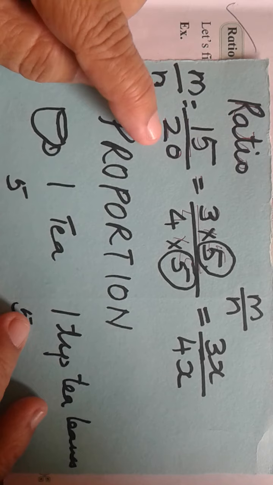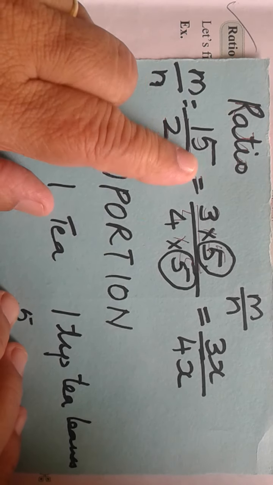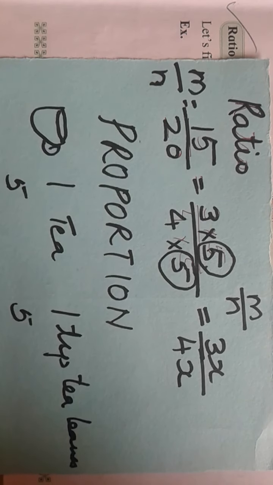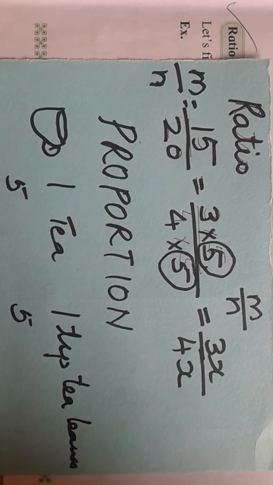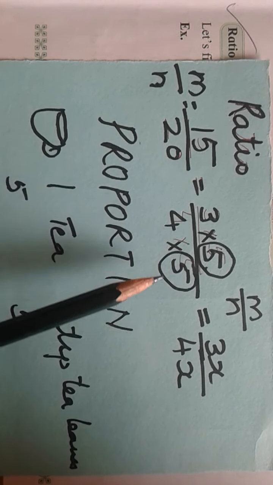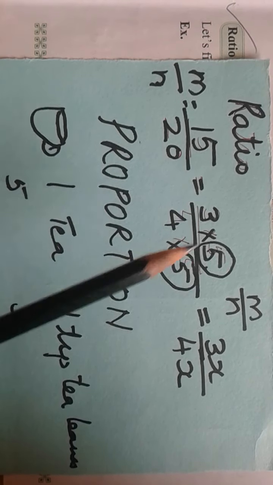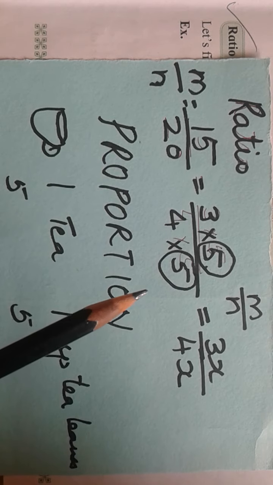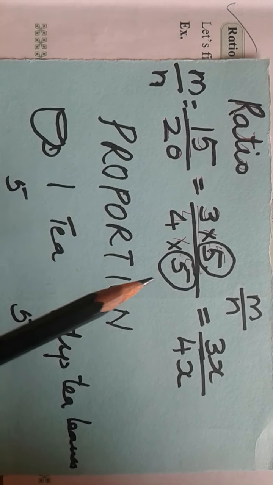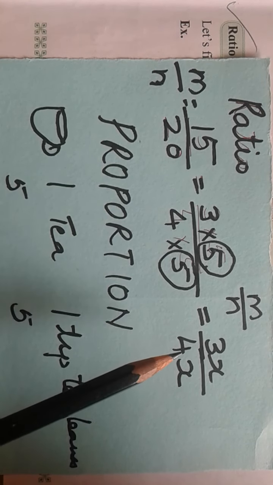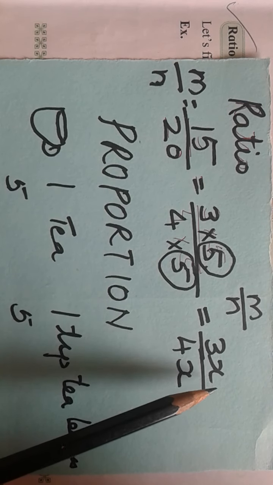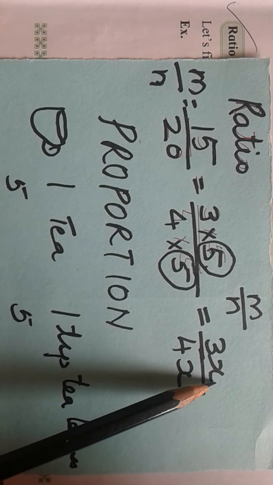If the numbers are, say, 15 and 20, then the factors of 15 are 3 into 5 and the factors of 20 are 4 into 5. Here 5 is a common factor, so we can cancel 5 ones are 5 and we get 3 upon 4. For numbers in ratio, there is one common factor, and we can consider it as x.